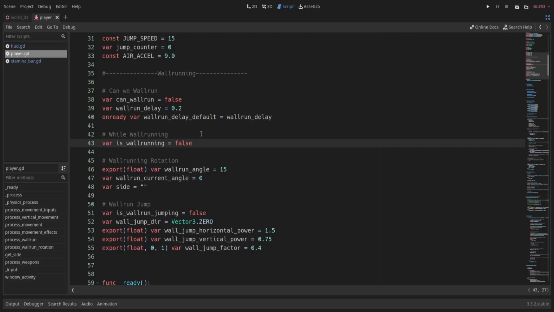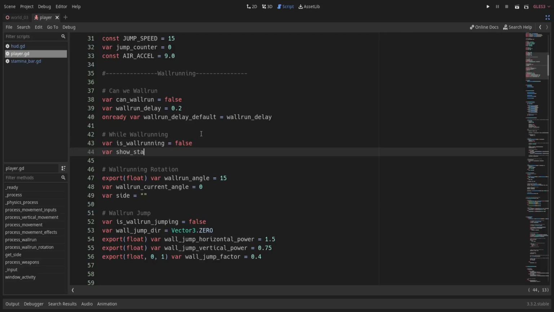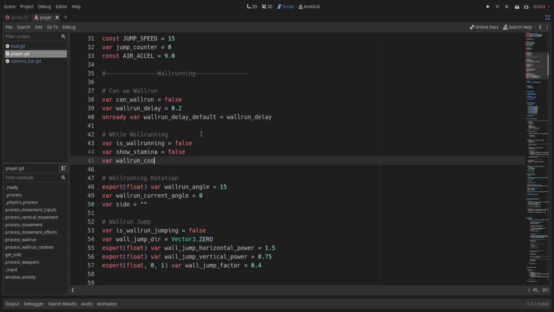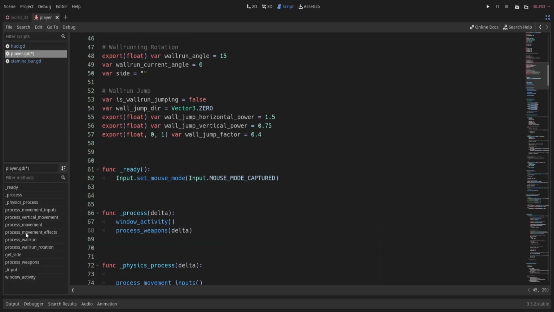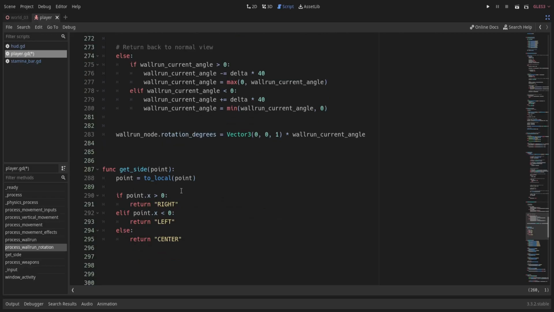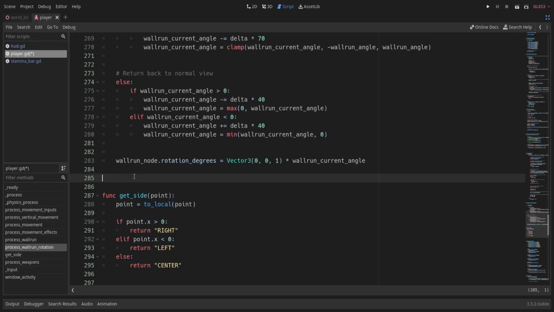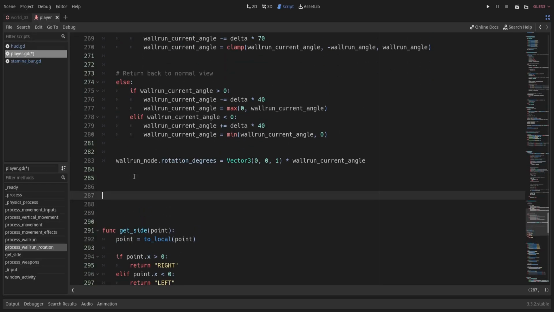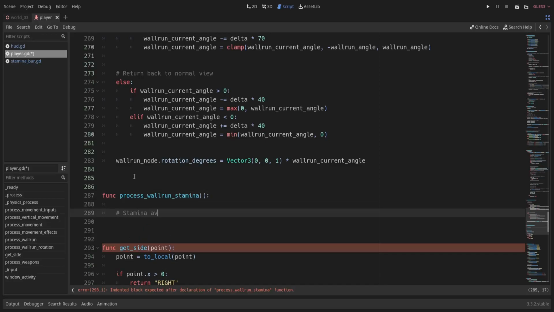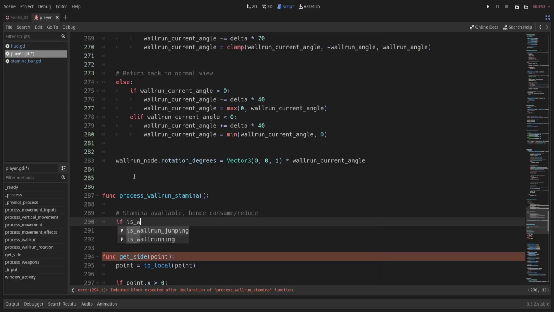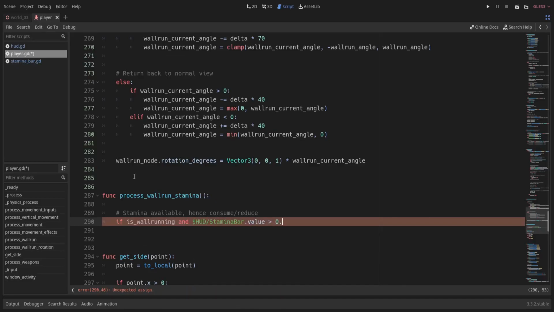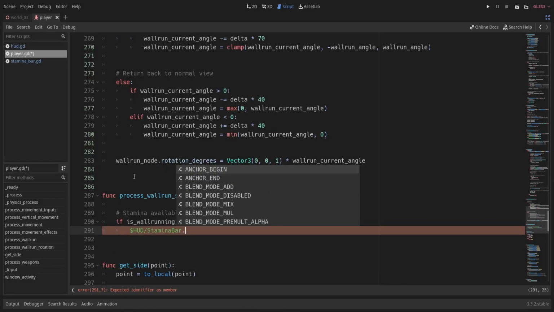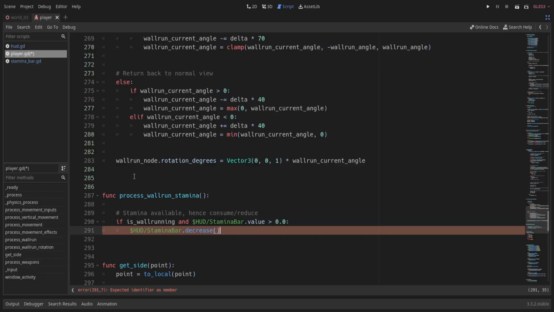Inside player script, create two variables for wallrun cooldown. Then create a function for processing player stamina. So when we are wall running and current stamina is greater than 0, we call decrease method for consuming stamina.